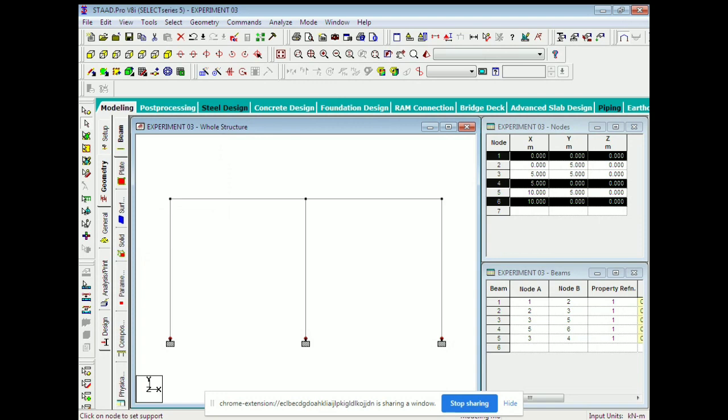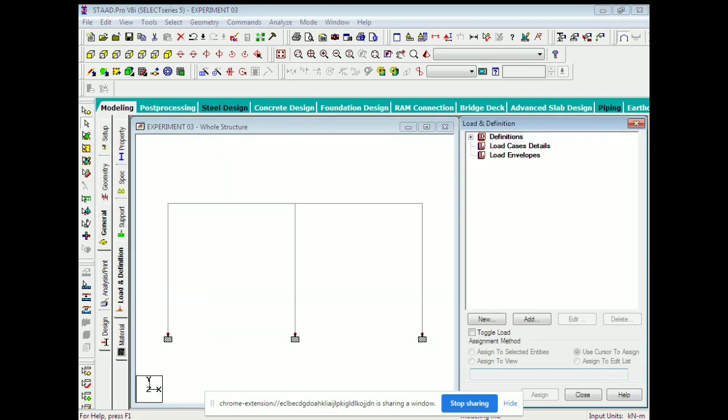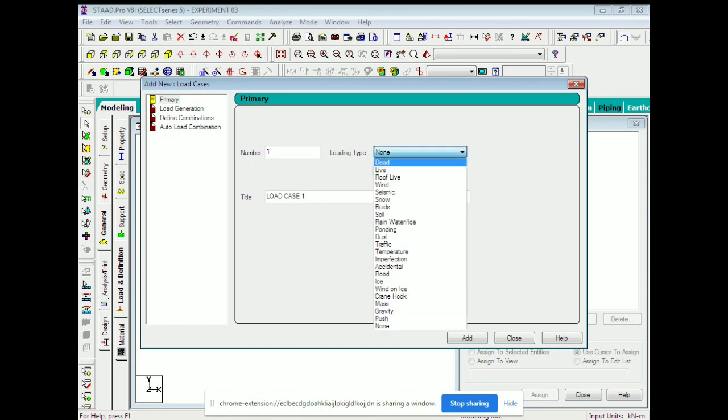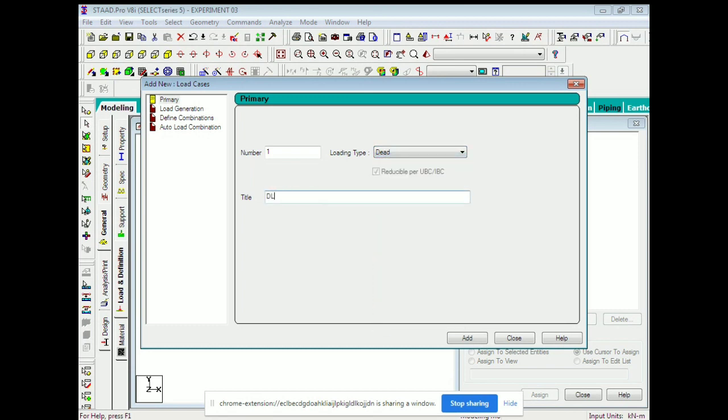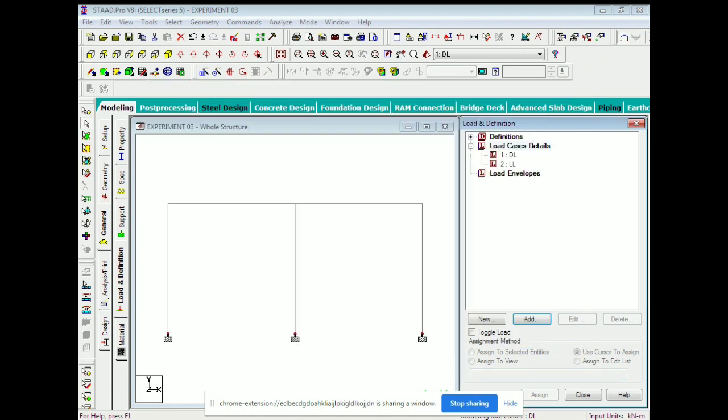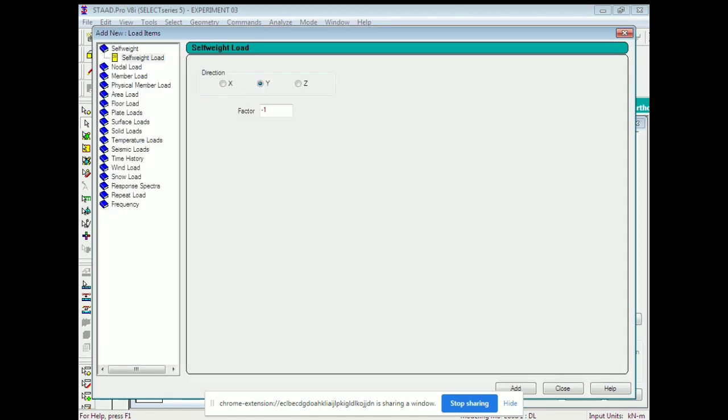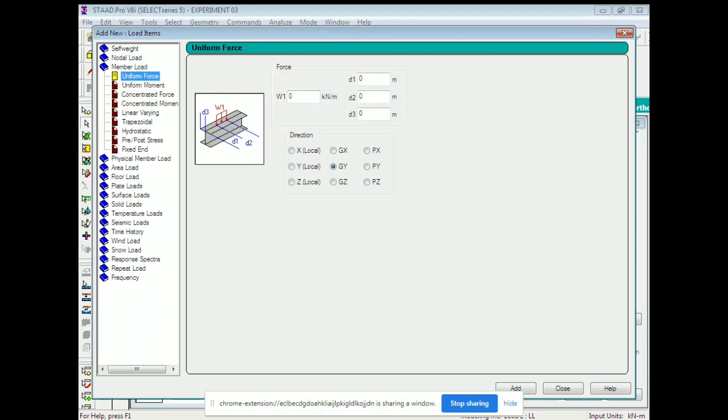Close the option, then go for the load page. As usual, again under load case details, you have to add dead load, give the title as dead load. Add live load, give the title as live load. Now highlight the dead load, and add the self weight of the beam here. Then highlight live load. You have a uniformly distributed load and concentrated loads, so add them one by one. There is a uniformly distributed load of -6 at the top of the portal frame, at the span of 5, so tell add.